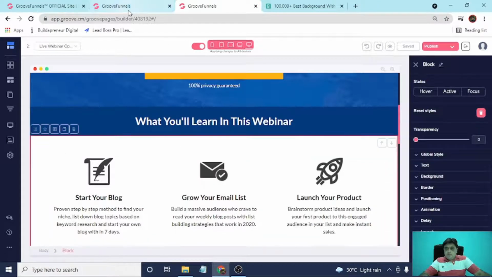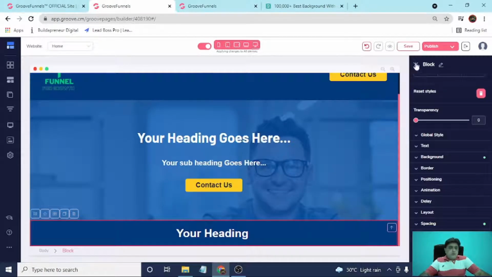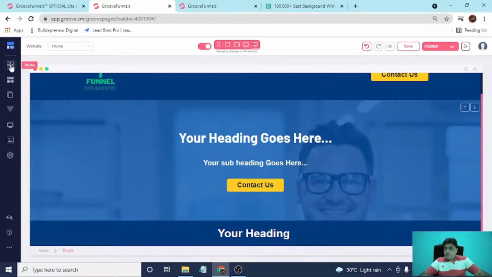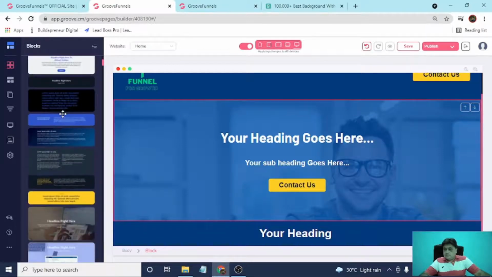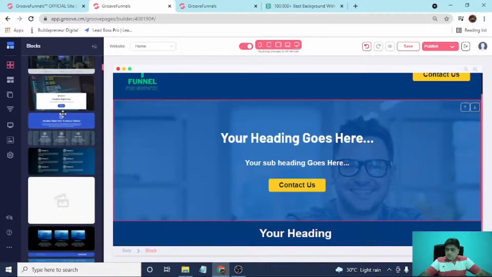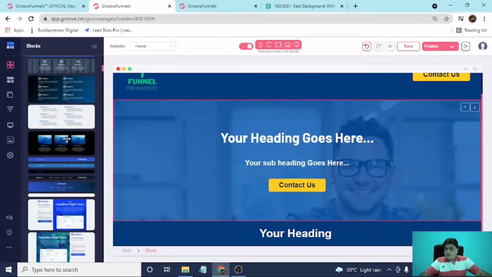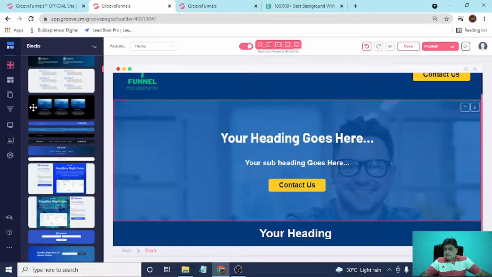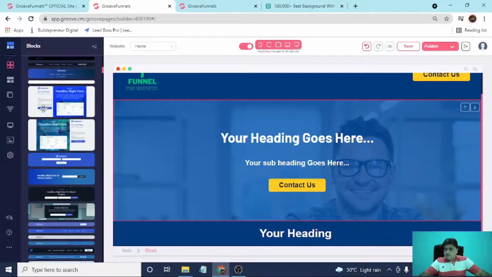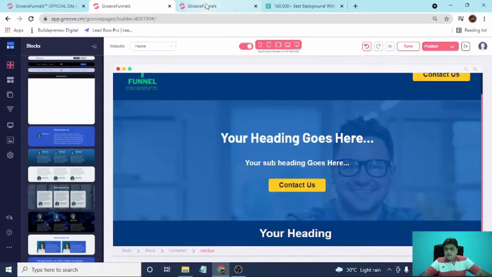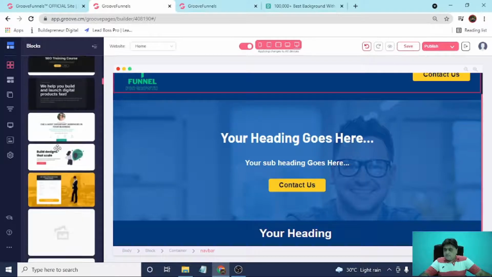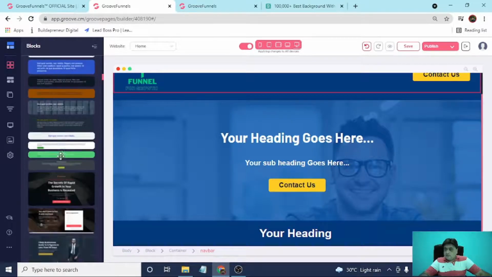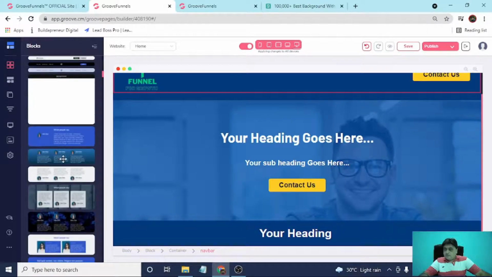this kind of block. Or you can select a ready-made block also guys. There are lots of ready-made blocks here pre-built inside this page builder. So if you want to save your time, then just select any block whichever you want. Let's suppose this kind of block we want. Let's try to select that kind of block. If there is no such block, then not to worry, we can change it accordingly.